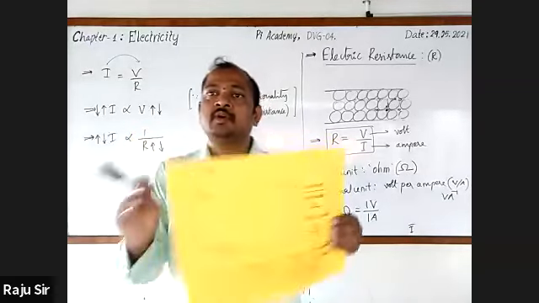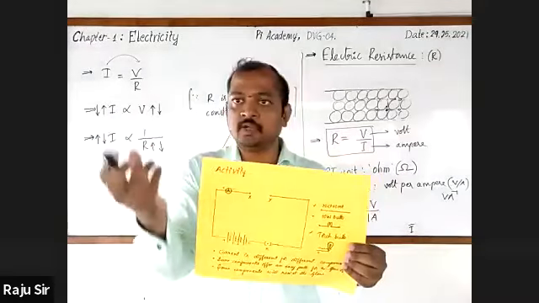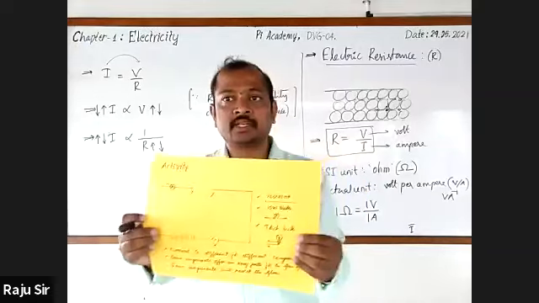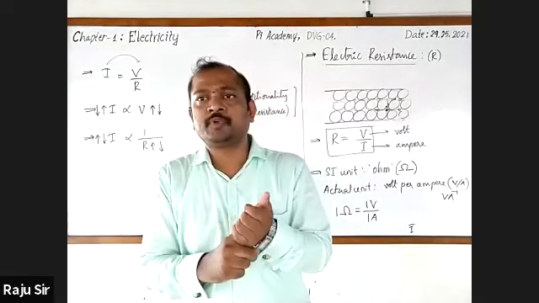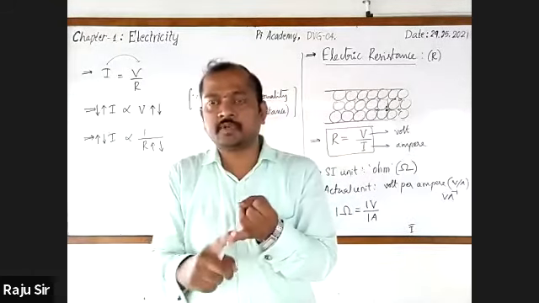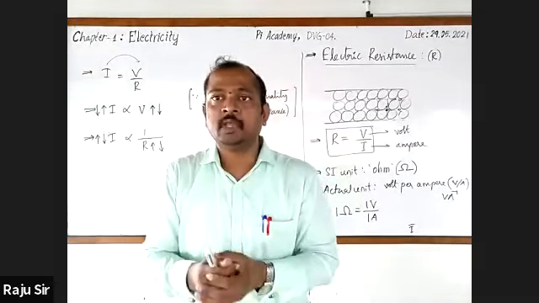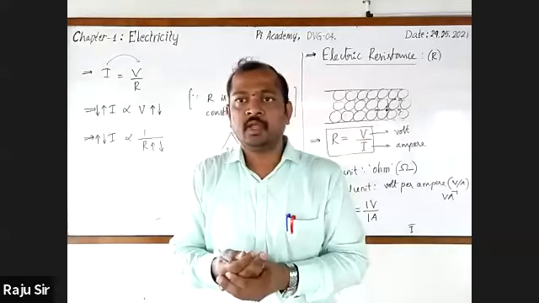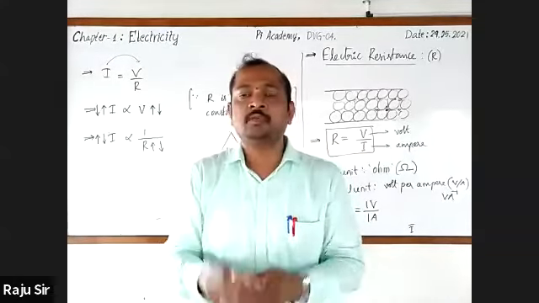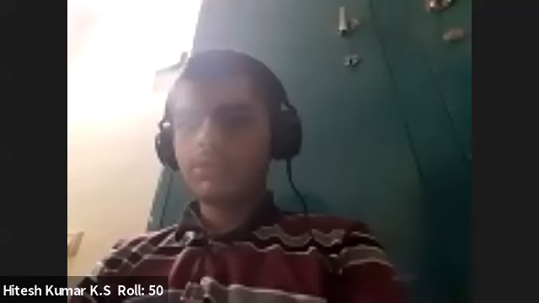Got it? So from this activity, we can come to know that different electrical components will draw different amounts of electric current. To understand this, think that in your home you use different electrical components, like the refrigerator, washing machine, electric bulb, tube light, and TV. Do they draw the same amount of electric current for working? No, sir. It will differ from one to another, and the resistance offered by these will also be different. Clear? Yes, sir.